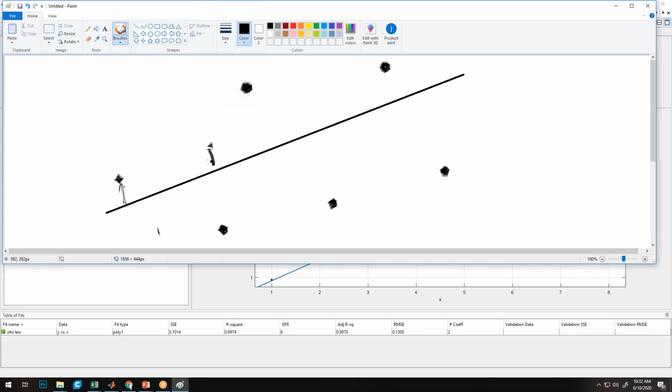So the error can be the distance between this and this. The error can be positive or negative, depending on where the point is. If it is above the line, then it is a positive error. So delta E will be positive if it is above this line. Here we have positive error 3, positive error 2, and so on. E1, all these are positive, and E0, and these are all negative errors.